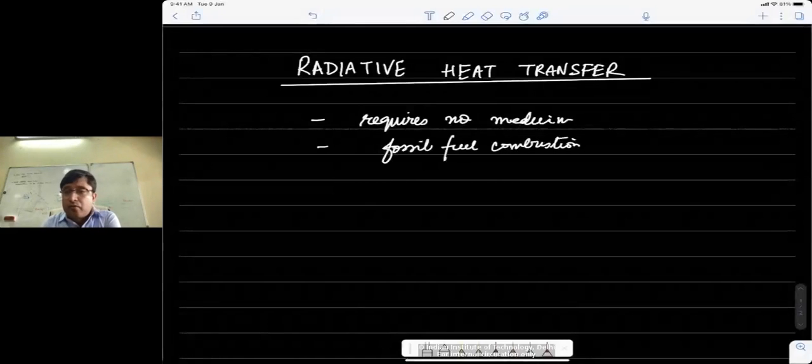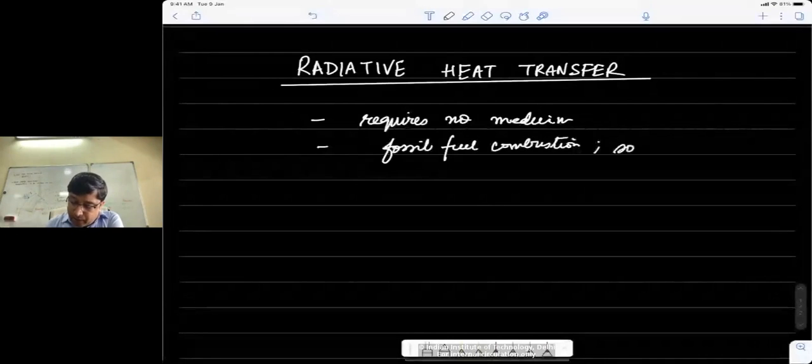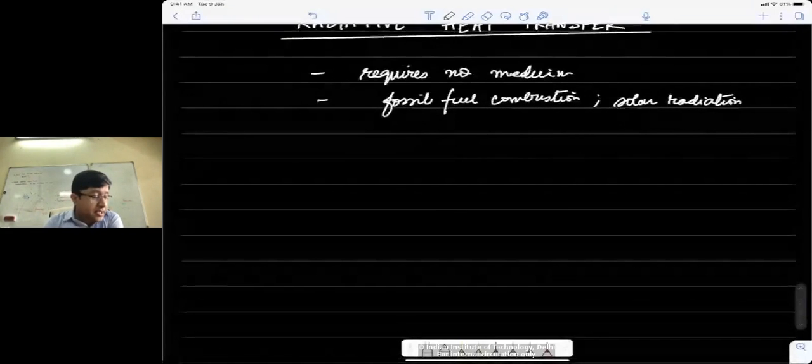It is also relevant in the present day and time, when a lot of emphasis is placed on clean energy and solar energy. So it is also relevant to solar radiation, how we capture solar radiation or how we use it for energy conversion. So these are some of the common reasons why we will actually study this topic in some detail in this